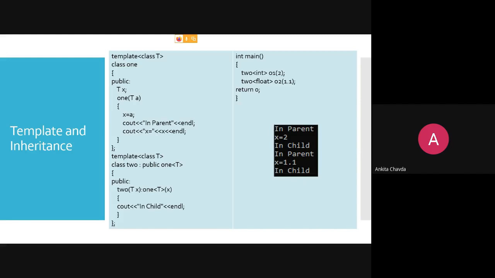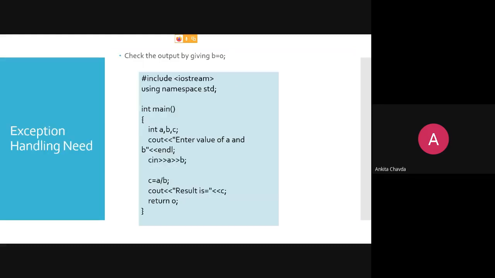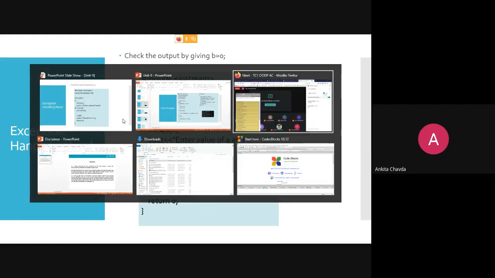Overloading and the template and inheritance. This is what we have seen, right? Now the next is exception handling. So before introducing you to exception handling,